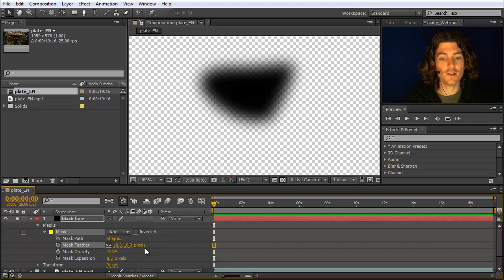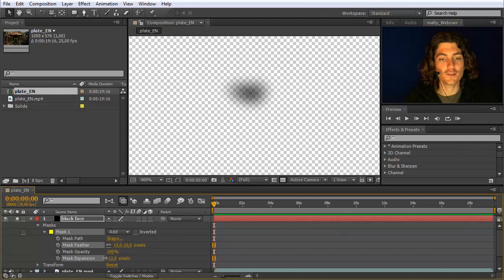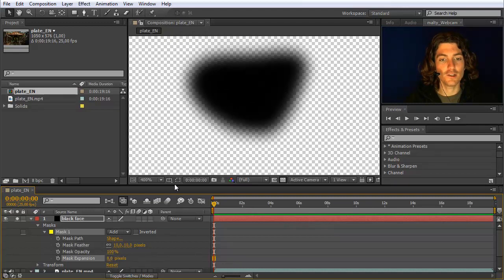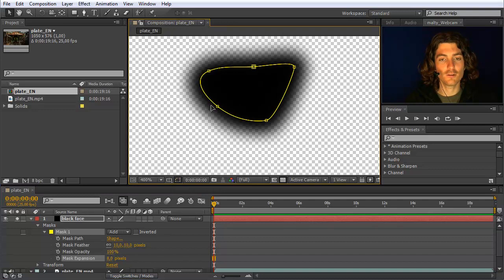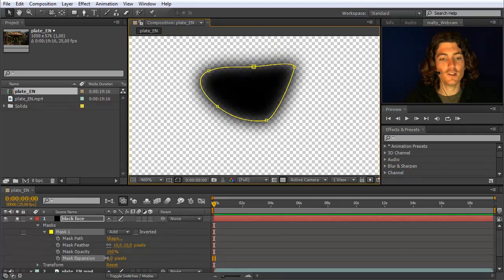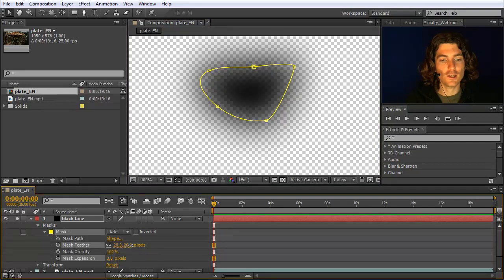Another property that is very useful for masks is this mask expansion that makes them smaller or larger. This does not affect, I make it visible here again, your original path. It just says it increases with respect to this path. And one thing that is very nice about this is that if you have a very high feather, let's